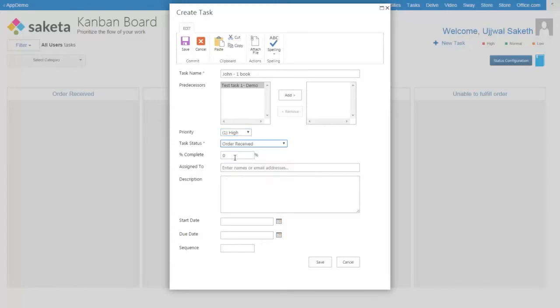So task status, I've just received the order, so I'm going to put this at 0. I'm going to assign it to say myself, and in description I'm probably going to copy paste this here. Mind you, this is not mandatory, I'm just filling it in. And the dates, let's say the start date is 8th and the end date is say 10th. And when we save this,